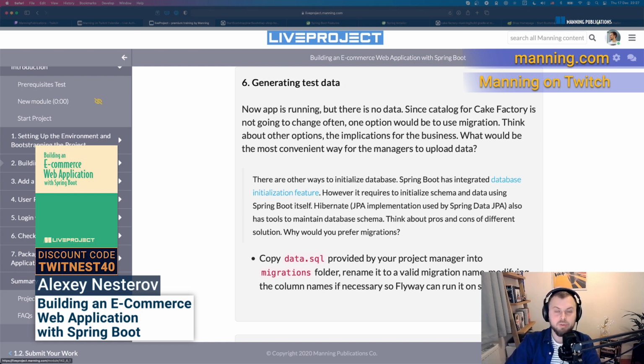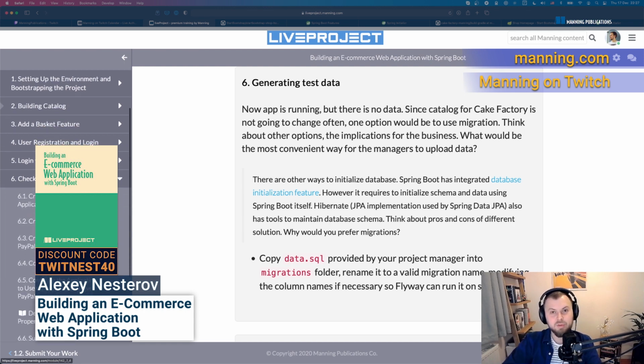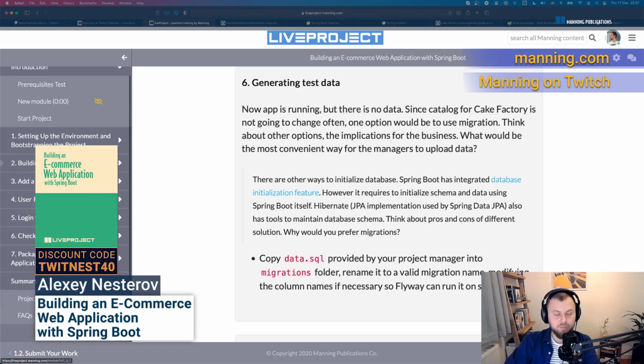Then you will learn how to integrate this security module with Spring Security OAuth and how to log in using Facebook. Then you will learn how to integrate with PayPal and set up all the test accounts and everything for the PayPal integration. And then in the end, you will even learn how to package and deploy your application using Docker into AWS EC2 and how to see it live on the public internet.